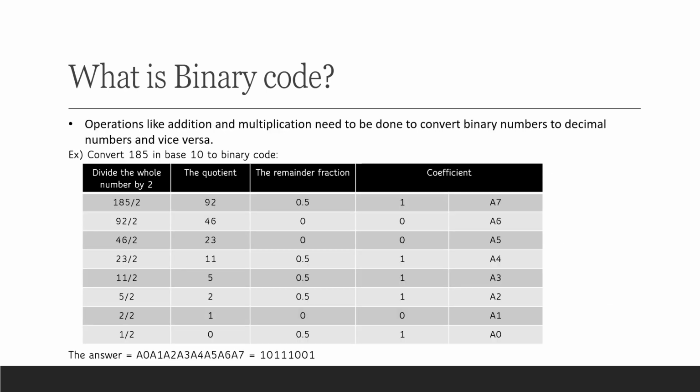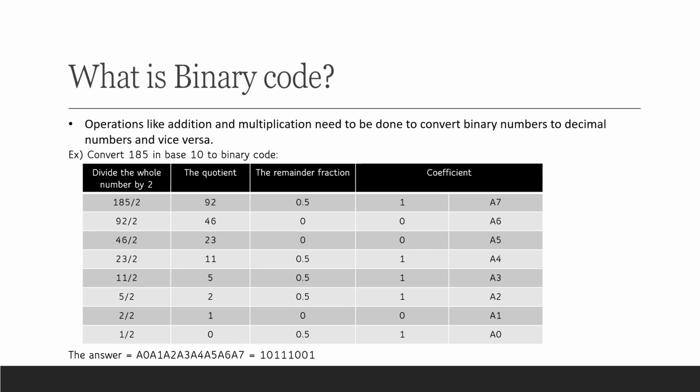Even though the binary number system is most commonly used in computers, most people are used to the decimal system. On top of that, operations like addition and multiplication need to be done to convert binary numbers to decimal numbers and vice versa. We can see here we're trying to convert 185 in base 10 to binary code, and we're having to divide the quotient by 2 over and over and keep the remainder until the quotient becomes 0. Now, this is a lot of work, and there's something that could make it easier, which is something called binary